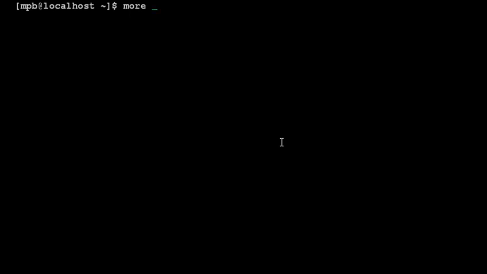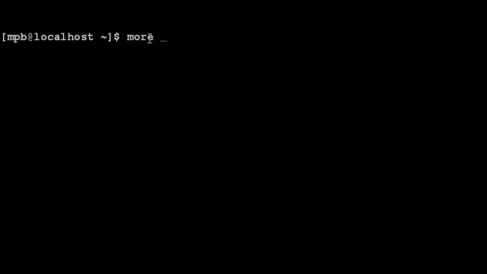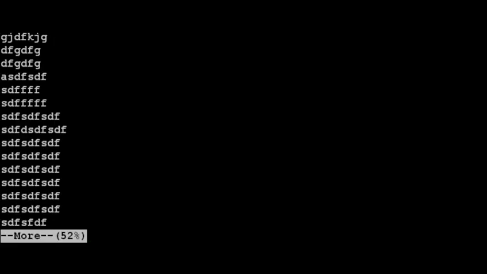So particularly this command is used when you have a large file and if you are using a VI editor. Now use more and then your file name and press enter.